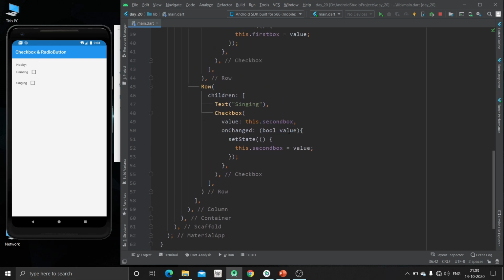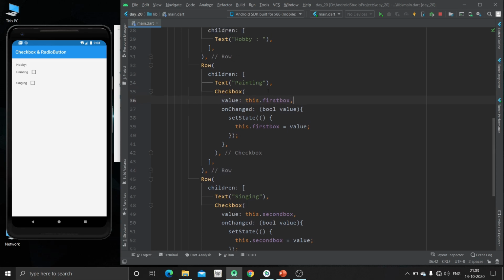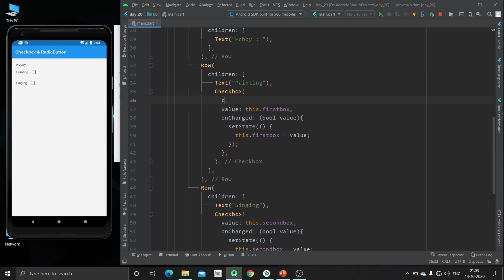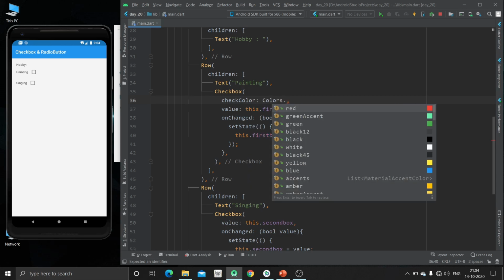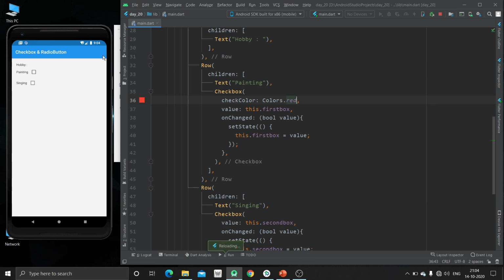Now we can also use some other property of this checkbox, like check color. So we can give the color of our checking, like here you can see the tick mark is getting red color.